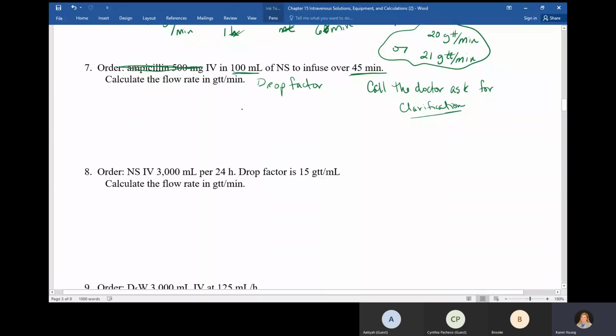All right, so you've called the doctor, you've asked for clarification. The doctor tells you he wants 20 drops per minute. So you're going to write this as a verbal order, and then you're going to sign your name